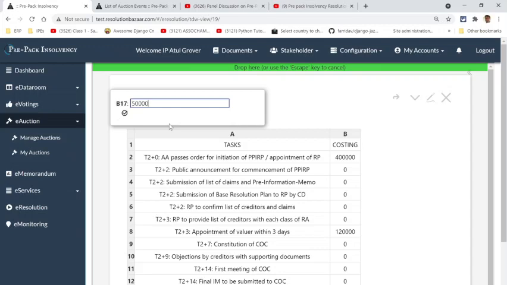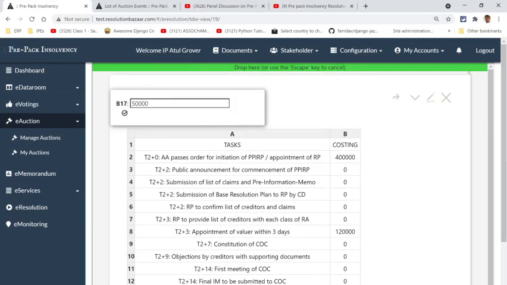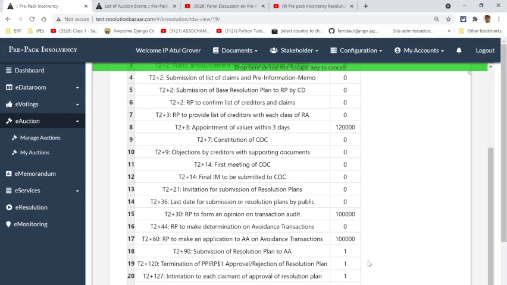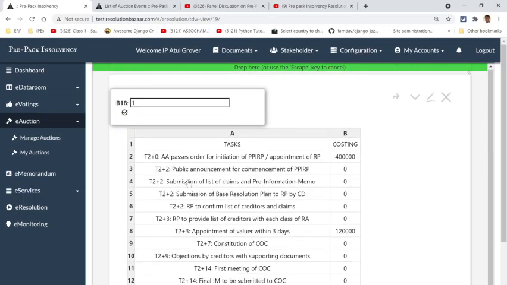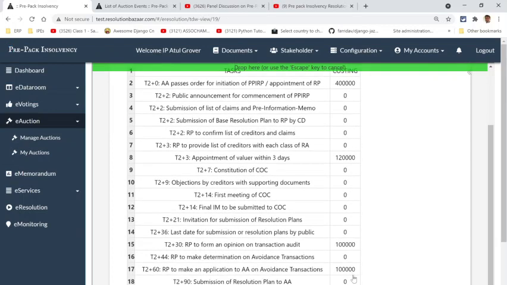for 1 or 2 applications, and for a couple of dates, we give some tentative amount for the lawyer. Although, as I said, that this could really range from 50,000 rupees to 5 lakhs. So it all depends upon from case to case, but I'm just giving you a tentative idea. Submission of resolution plan for the adjudicating authority is the same thing. We've already paid the lawyer, let us assume, and we could pay him a little more here.